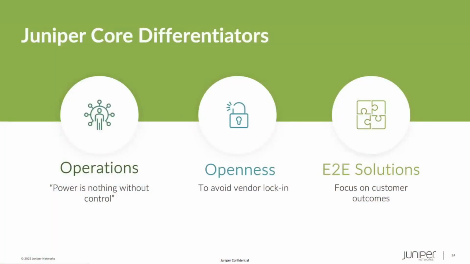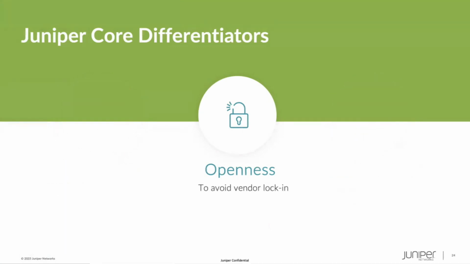So that is operations, and this is very consistent with Juniper's overarching strategy, experience first, leading with operations, which is why they acquired Apstra. This is why they acquired Mist, and that's an area of core competency where we're going to continue to invest. The second pillar of the Juniper data center differentiation is openness.